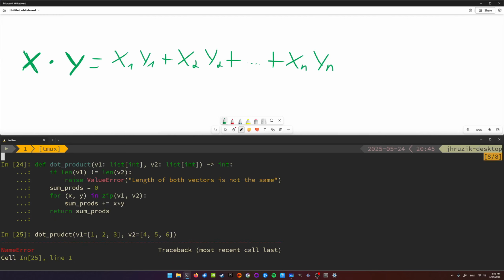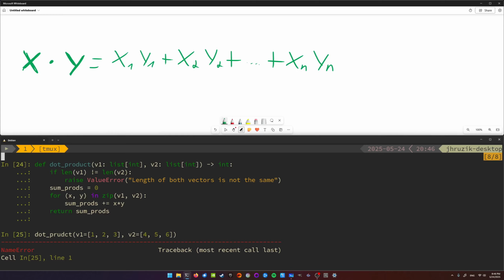And it's 32. Since we are calculating the dot product between two vectors, we obviously have to handle two vectors as input. The first thing we check inside the function is that both vectors are of the same length. Afterwards, we initialize the sum of all the element-wise products to 0. I then loop over the elements that are in the same location in each vector by using the zip function